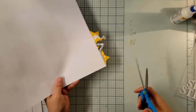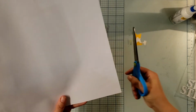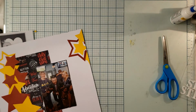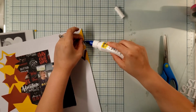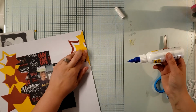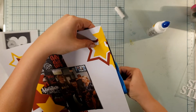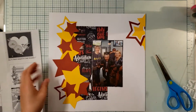Okay, I'm just going to follow the line of my white paper. Okay. Extras can go in the trash, or you can add it if you wanted to the other side. I like that. I like that a lot. Okay, so let's get this section adhered. And this section adhered. Beautiful. Yay! Okay, so now I got my two huge, massive clusters down,